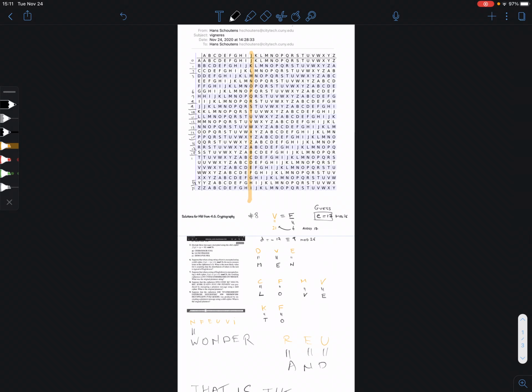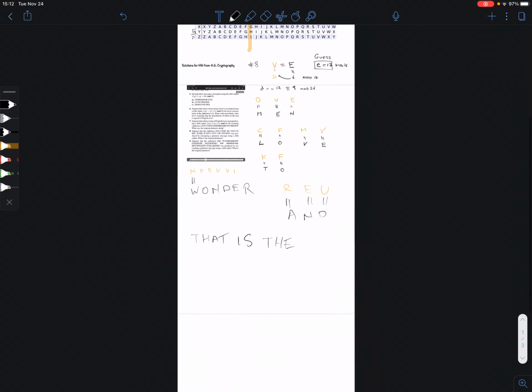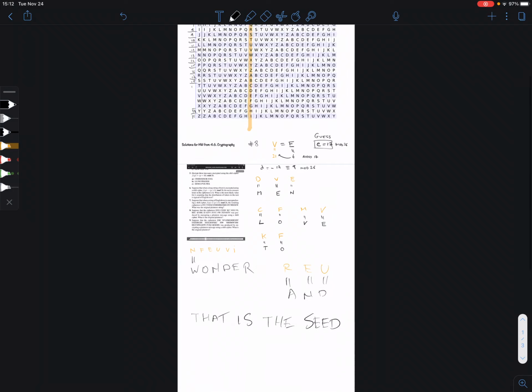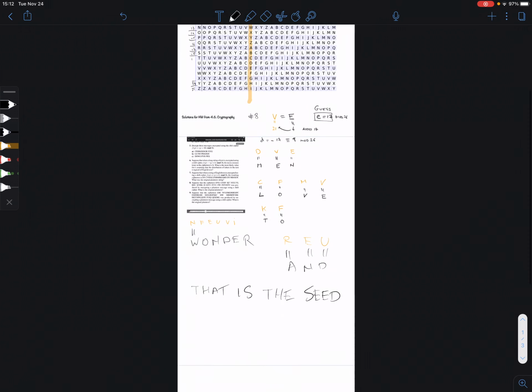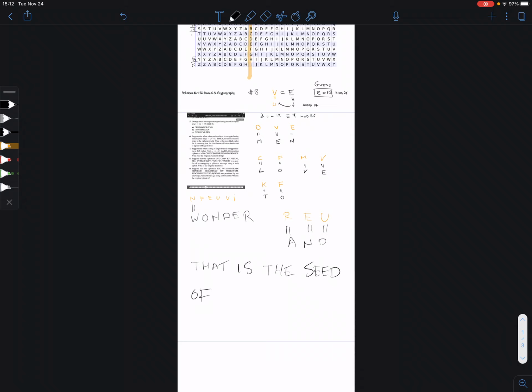J is S, V is E, that's where we started from, and VVU, and that is the seed. VVU, FW, F is an O, W is an F, that is the seed of, okay, we can, of, and